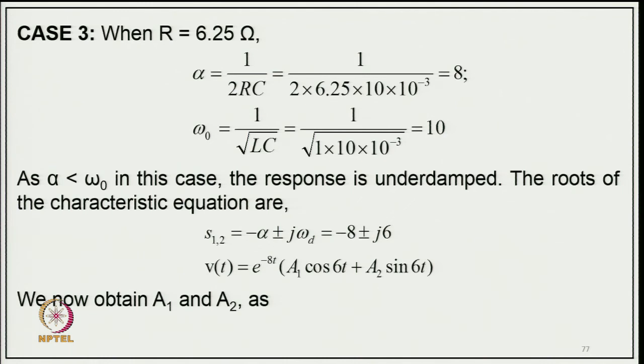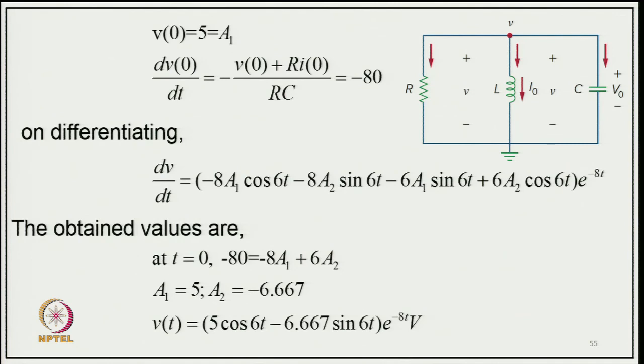Now, we can obtain A1 and A2. V(0) equals 5, equal to A1, and taking the derivative dV/dt will be minus (V0 plus R I0) upon RC, equal to minus 80. On differentiation, the equation will be d/dt equal to minus 8 A1 cos 6t minus 8 A2 sin 6t minus 6 A1 sin 6t plus 6 A2